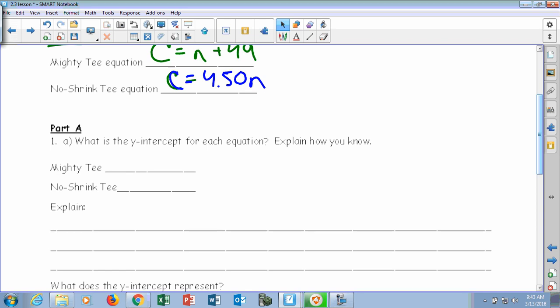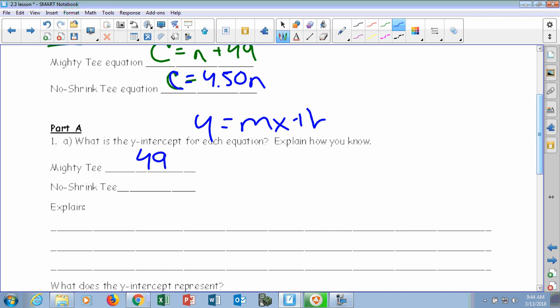Mighty T's, what is their y-intercept, Becky? Mighty T is our first one we did. C equals n plus 49. Our y-intercept, here's our equation again. Becky, what variable represents the y-intercept? B. Good job. So when we look at our equation, C equals n plus 49, my 49 is our